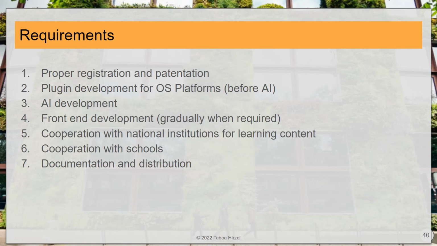Then the whole plugin for the OS platforms like Moodle should actually be already developed before we integrate AI, just to understand where the connection points are and how we can do that. Because I think there should be a kind of plugin, so that if somebody uses WordPress or Drupal or Moodle, they can simply draw this in, like with one click or so, and upload it to their personal platform and use it in courses, and that should be smoother.